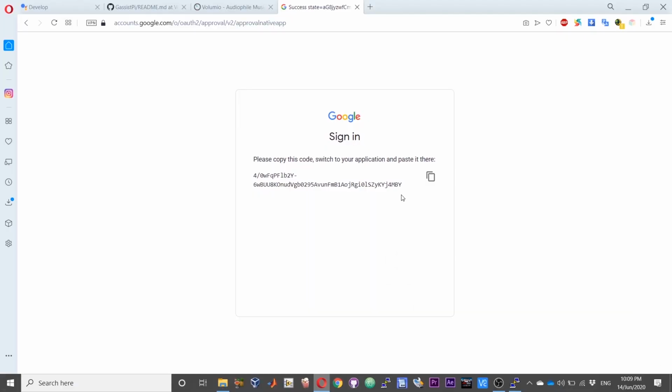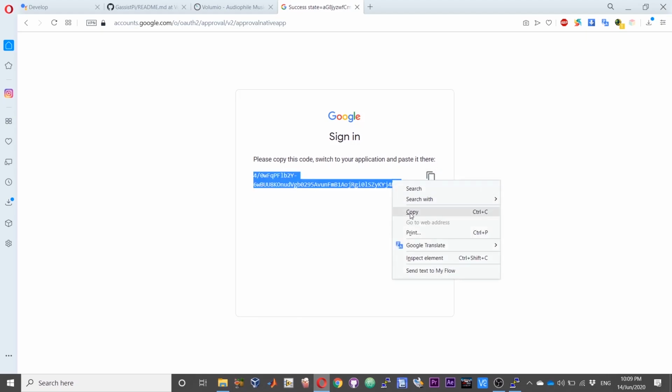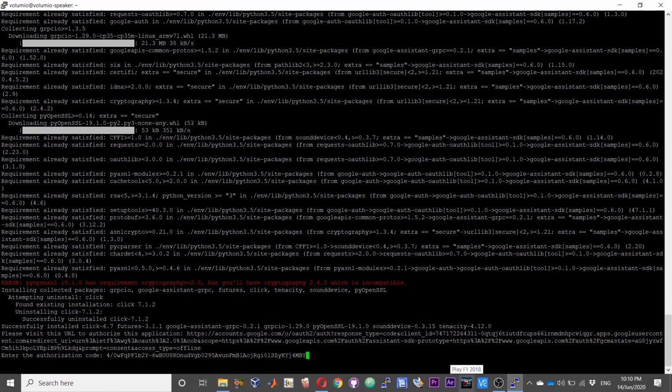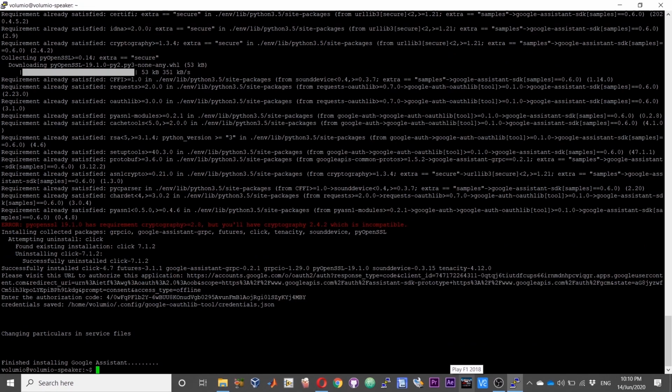Sign in using your Google account. Choose allow and then allow. Choose allow. So it will give you the authentication code. Copy that code, close the browser and then enter that over here and then press enter.